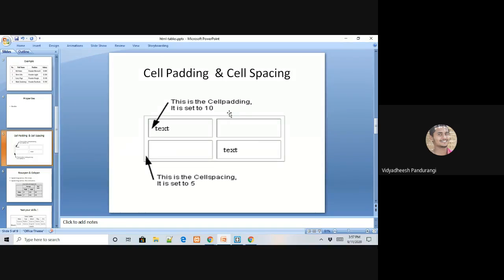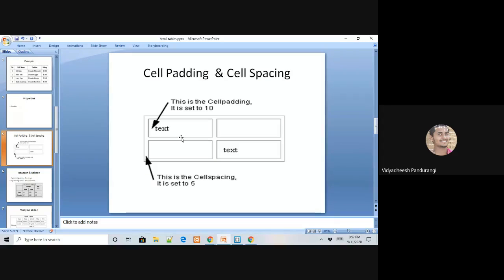You can understand with the diagram that is given here. Cell padding is nothing but the distance between the cell wall and the content of the cell. Please make a note of this.